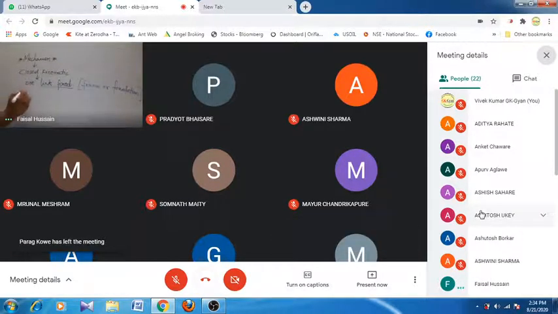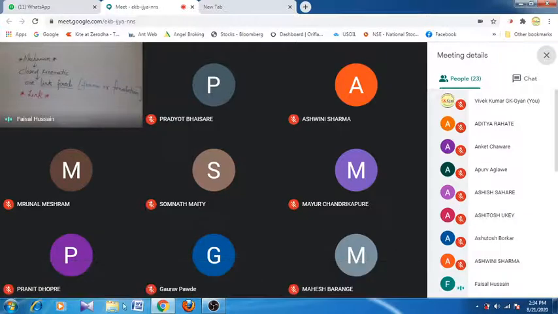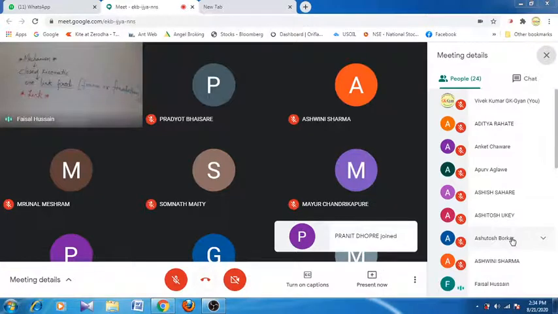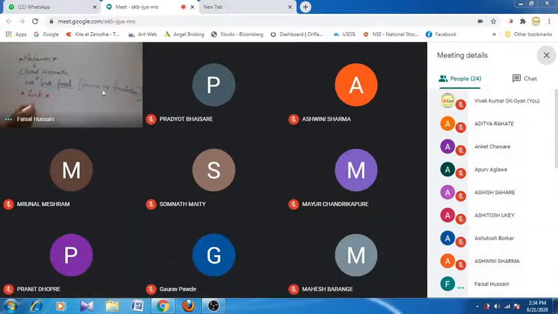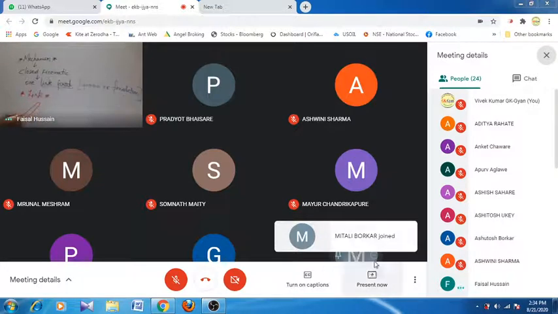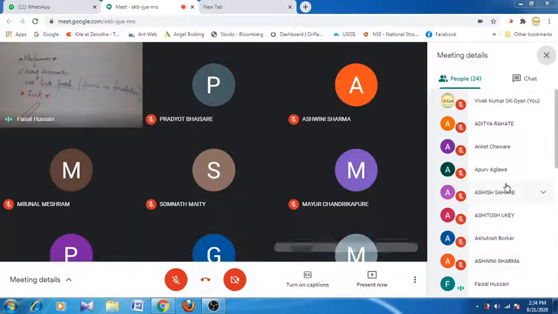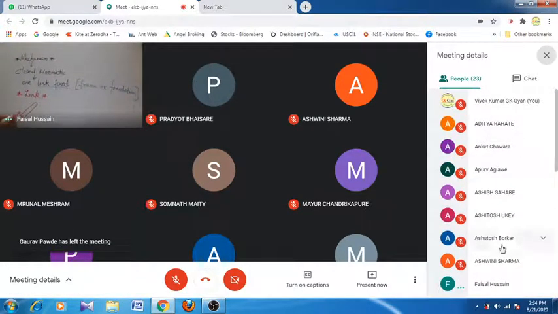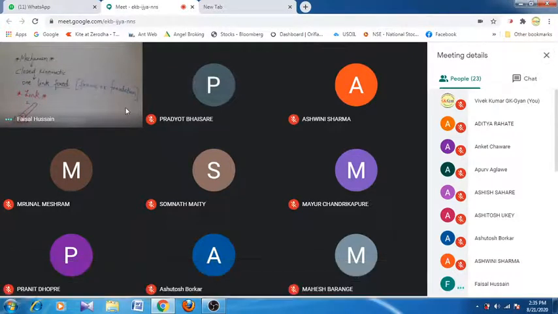What is a link? The second term is link. It may be known as a kinematic link or kinematic element. For example, if there is a relative motion, this is one link, and here there is another link. This is the fixed link, let us say it as 1, and this link is 2.